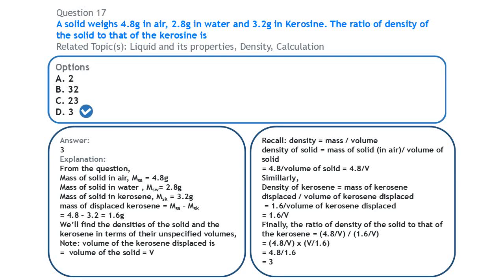Finally, the ratio of the density of the solid to that of the kerosene is going to be 4.8 over V divided by 1.6 over V. Now because we have this V on the same side, at the denominator here and at the denominator here, we can cancel out the V, and so we'll be left with 4.8 divided by